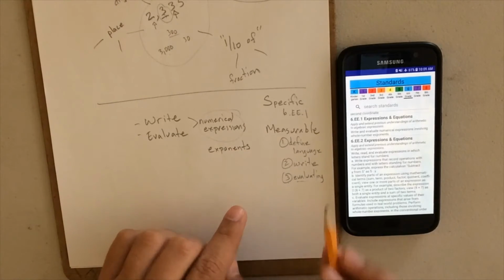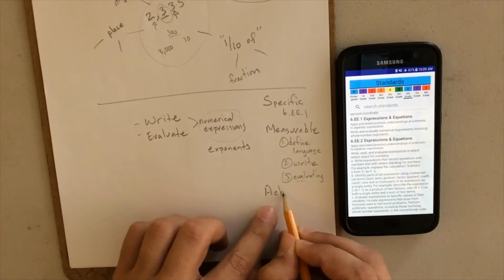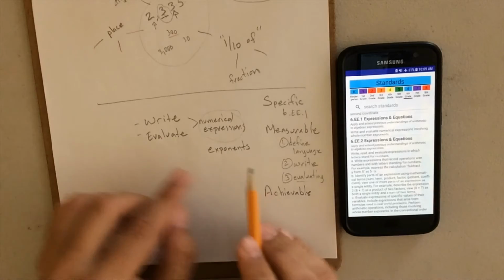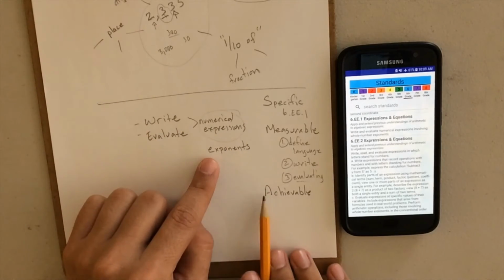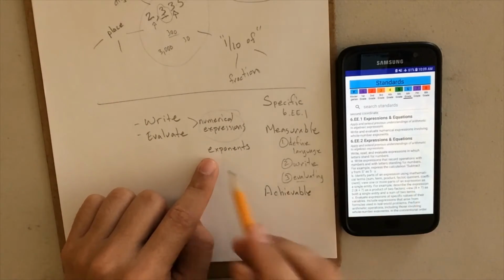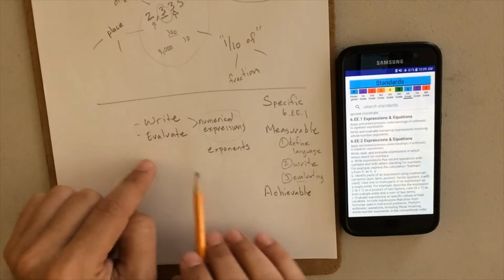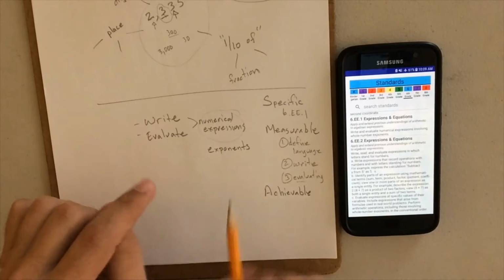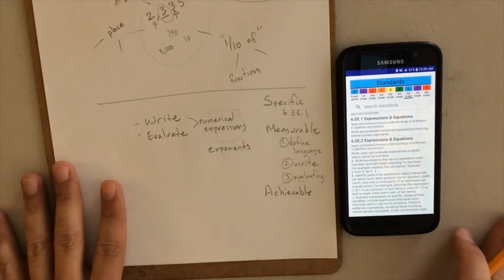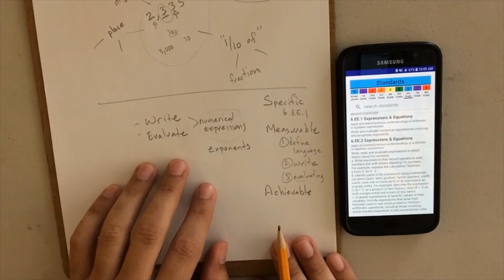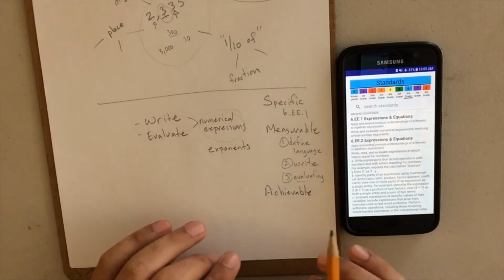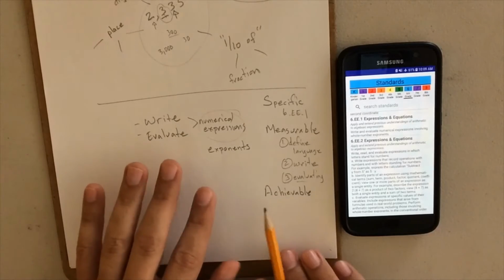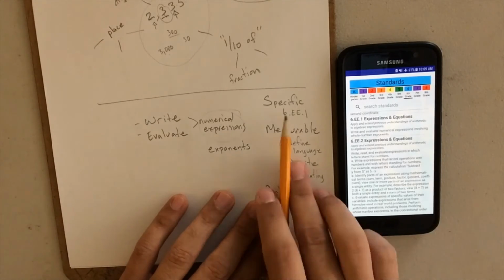Now the next thing we've got to make sure we know is, did we just describe things that are achievable? Can we look up these words? Is that achievable? Is that attainable? Is that reasonable? So I know how to write. I don't know if I can evaluate things. I know that I'm not going to be able to make a board game for this. That's not achievable. I know I'm not going to be able to make a box office movie. You know, there's going to be things that are achievable